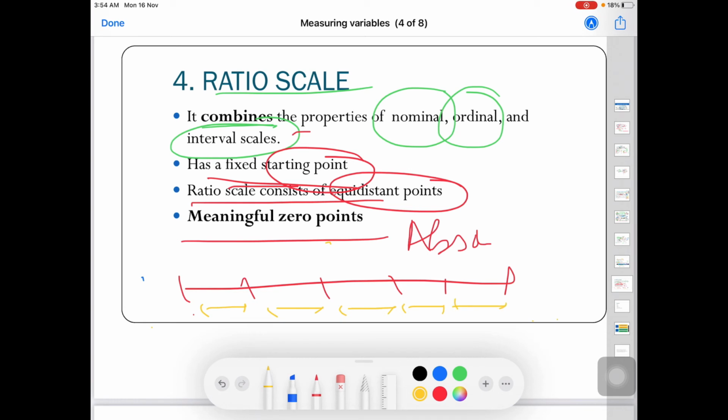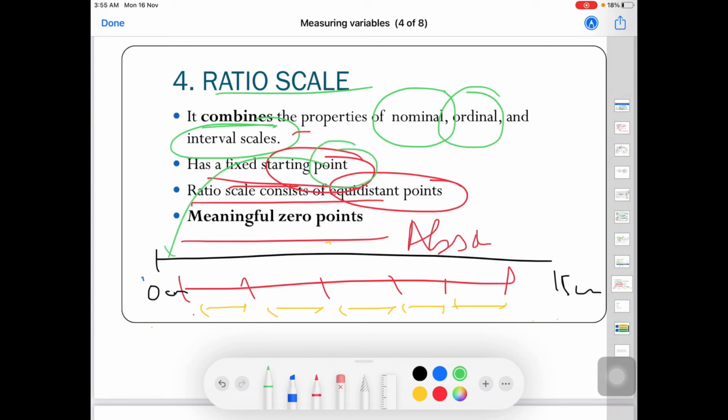I will give you an example that you have a measuring scale. So you have a measuring scale like this, and it starts from 0 centimeter and goes up to 15 centimeters. So it has a fixed starting point. Just have a look, 0 centimeter, and it is a meaningful 0 point. That if I say 0 centimeter, that means it doesn't exist. In actual, that centimeter is 0. It carries the absolute